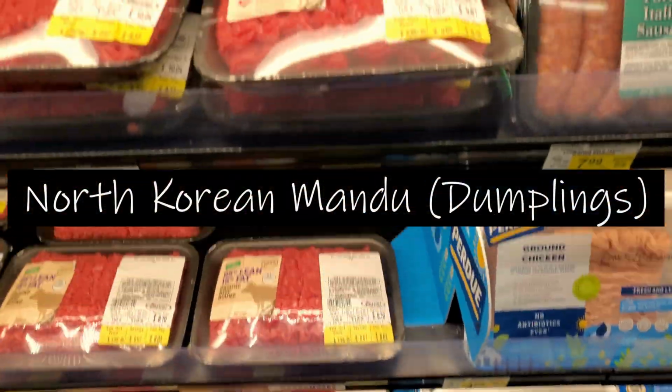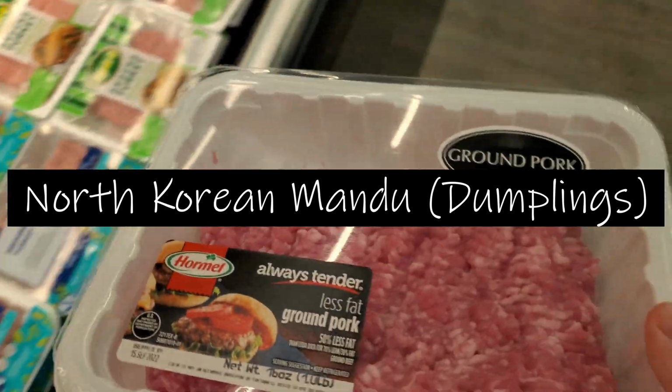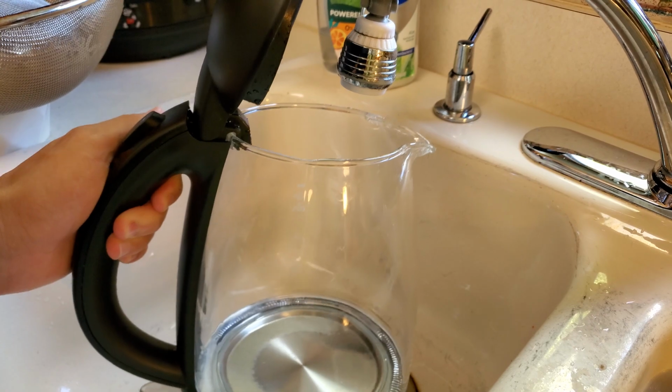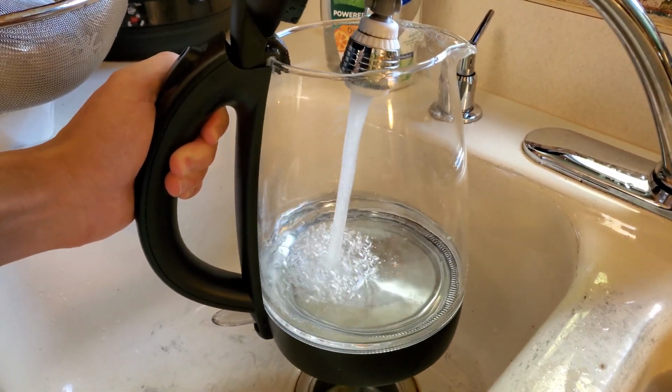Today I'm making Korean style dumplings, or as I like to call it, Mandu. But the kicker is, these aren't your regular Mandus. These Mandus are actually North Korean. On a side note, Mandus is my way of saying Mandu in its plural Konglish form, so if anyone was